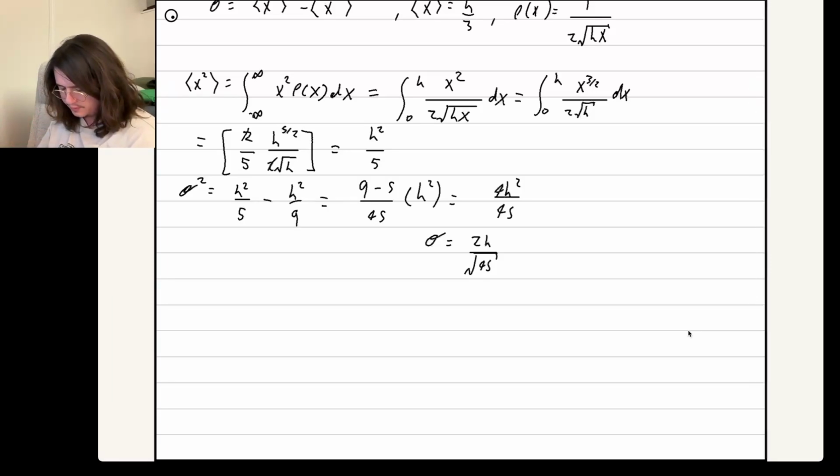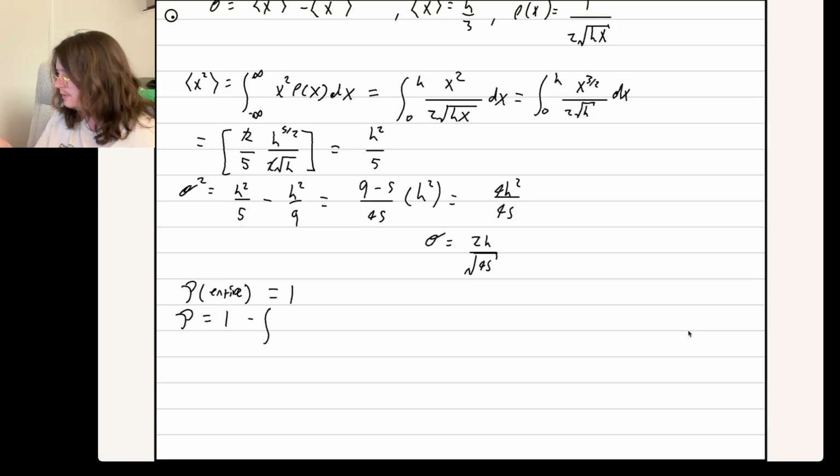The next part is to find the probability that, given this distribution selected at random, would show a distance x more than 1 standard deviation away from the average. So the probability for the entire range is just 1, right? You're always going to find it within the range. So we just have to find the probability that it's 1 standard deviation off, which will be